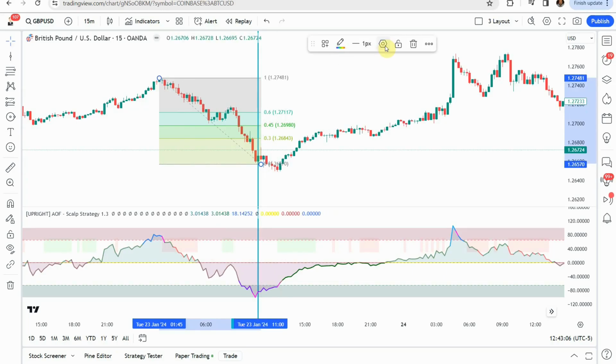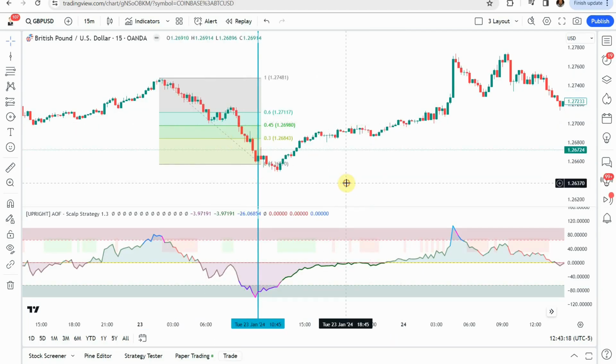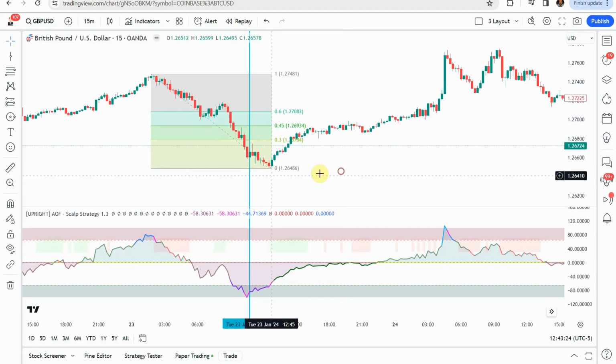What you're going to want to do is set up your Fibonacci where it has a 0. It will have a 0.3, a 0.45, a 0.6, and a 1, like this. And then we're just going to keep following price action here as it's making these new lows. And what we're specifically looking for now is when the MR line crosses up above